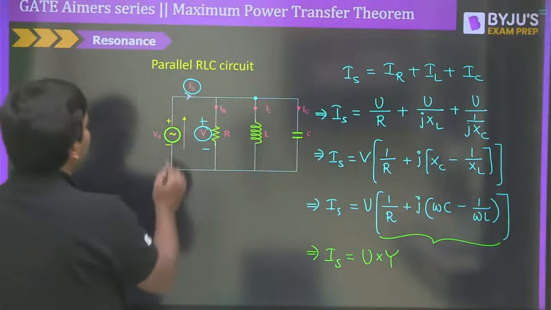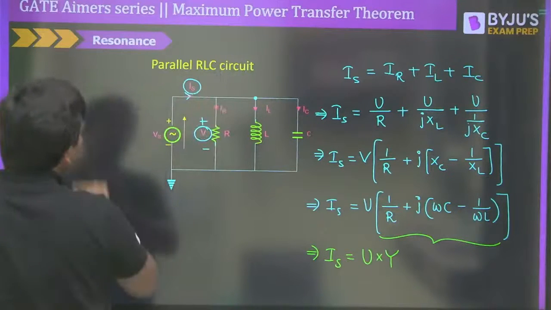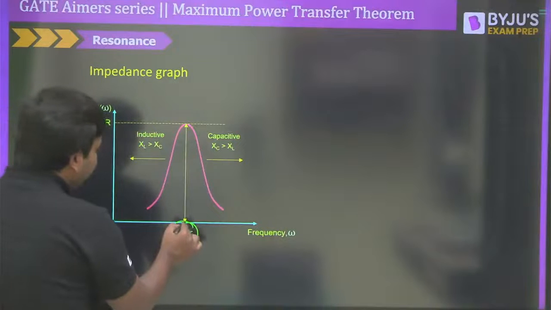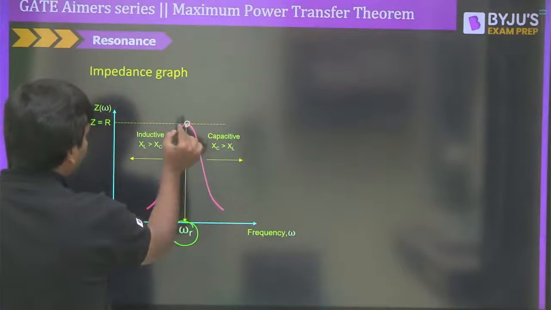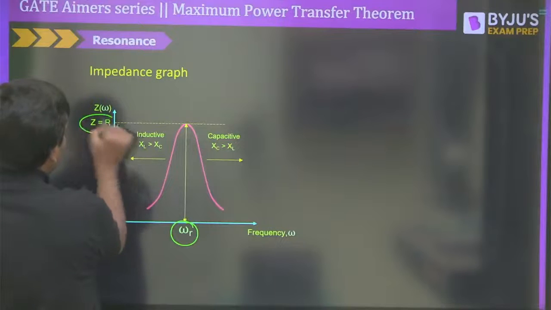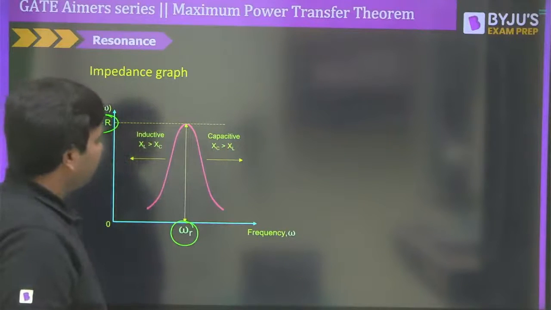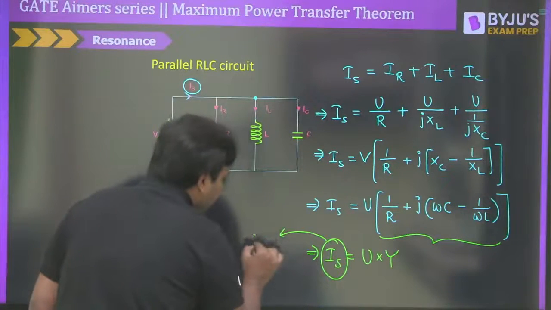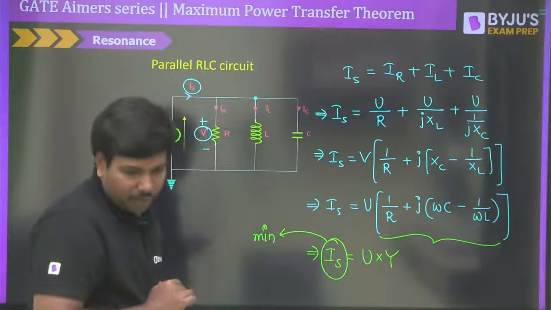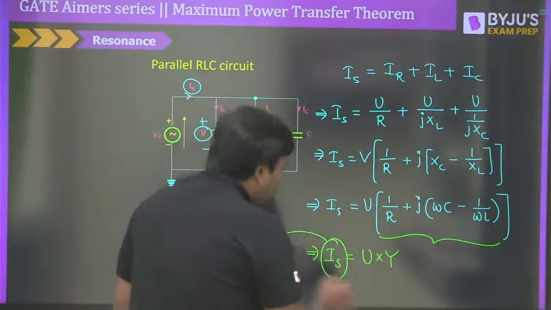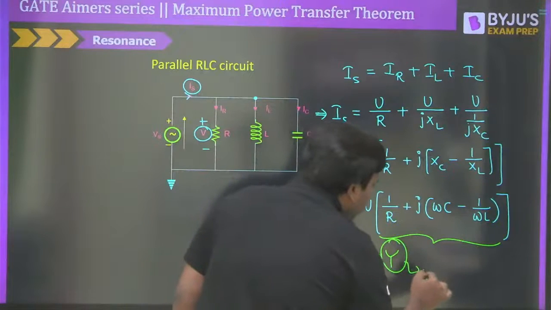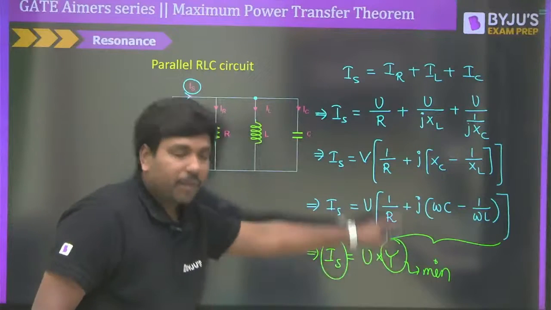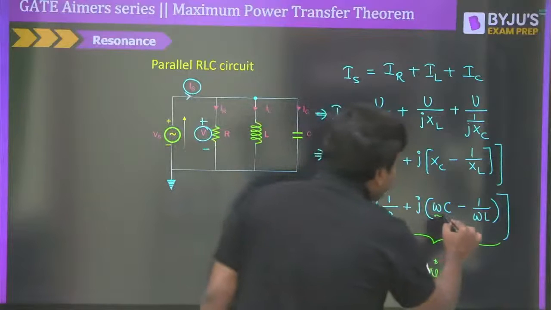Now, as I said earlier, in a parallel circuit, especially at resonance, you see, what is happening at resonance? At resonance, you all can see the value of the impedance is maximum, that is equal to R. What does it mean? It means that the value of the current is minimum. And especially to get the minimum value of the current, the admittance must be minimum, correct? The admittance can be minimum only when this part is equal to this part.